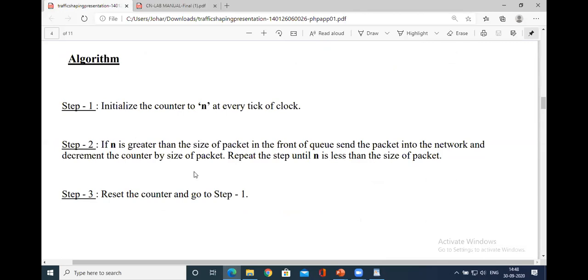See the algorithm: initialize the counter to n. Using a for loop, we initiate this at every tick of clock. This is very important to understand the program, all of you.